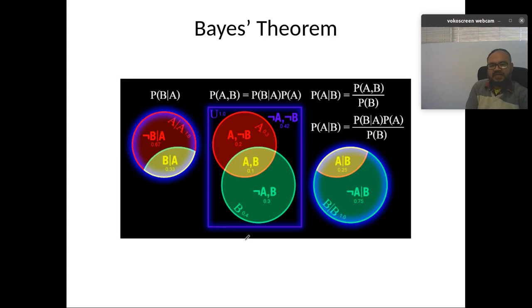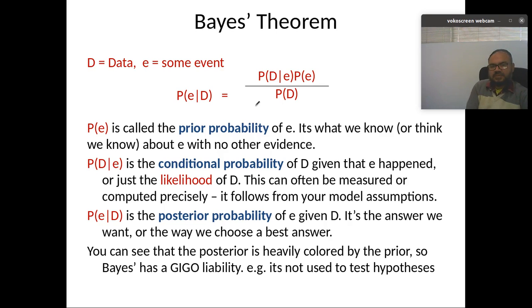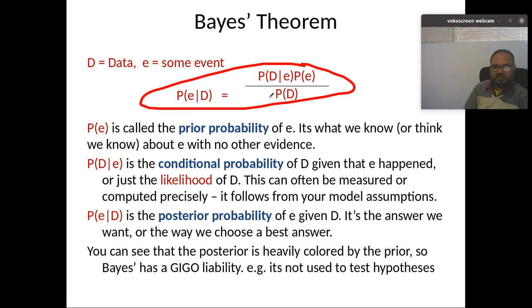Here are Venn diagrams which represent different probabilities in Bayes theorem. Here you can see the conditional probability, the joint probability, and the conditional probability after seeing the evidence, which is also called the posterior probability. In this new formula for Bayes theorem, which is exactly the same as the previous one, instead of using A and B, we are now using E and D, where the event is E and the diagnostics or evidence is D. In this case, P(E) is called the prior probability